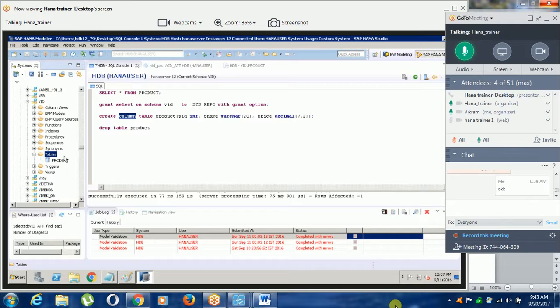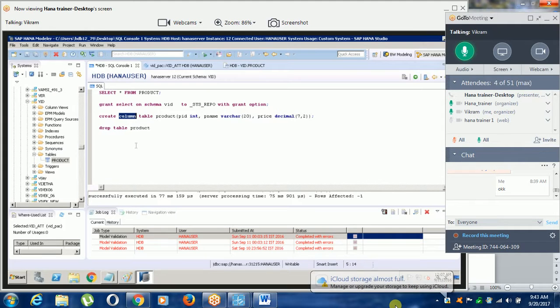So while creating a table, in the beginning we have to write create column table, then the bracket, ID primary key, like that. Everything else is the same. If I don't mention column, it will create a row table. By default, it creates a row table.